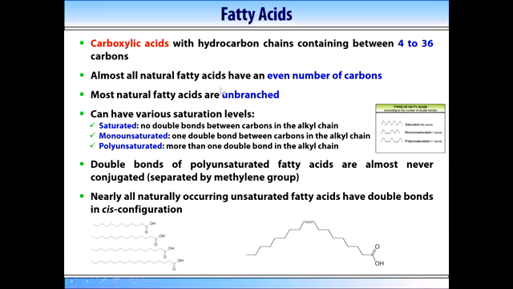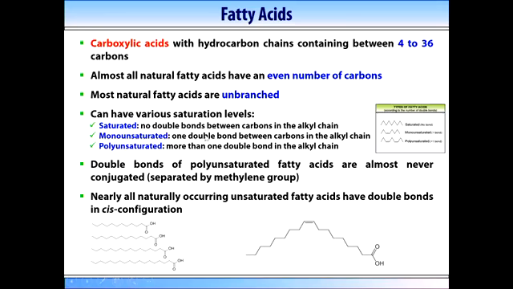So almost all naturally occurring fatty acids have an even number of carbons. All of them have, let's say, 16, 18, or 20 carbons, but not 17 or 15, for example. In this course we are not talking about why that is, but in reality, when they're synthesized, acetyl coenzyme A segments are used, which carry 2 carbon atoms, and they are added together in increments of 2. That is the reason why all biologically occurring fatty acids have an even number of carbons.